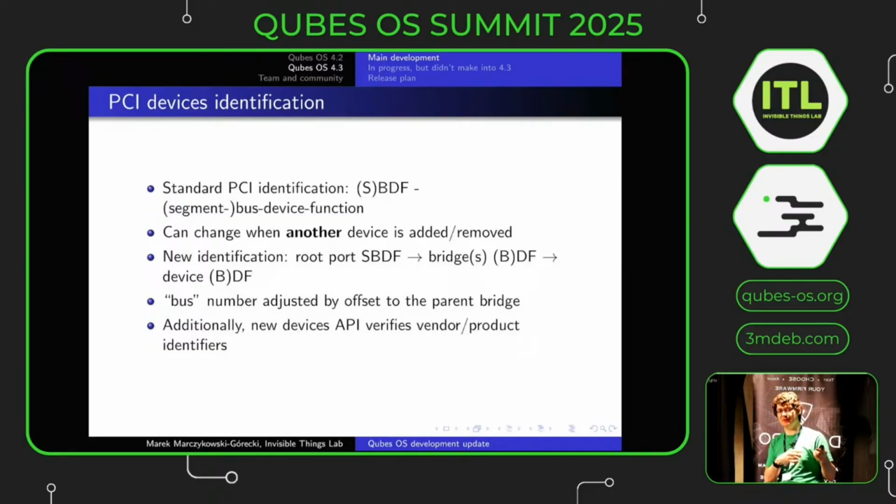And an even bigger problem is if that sys-net gets a different device, which may be, for example, your NVMe drive, which is not good. So we changed how we identify the PCI devices. So instead of taking just the